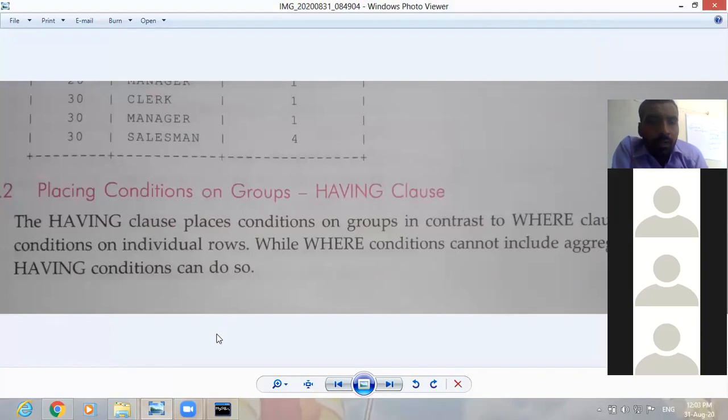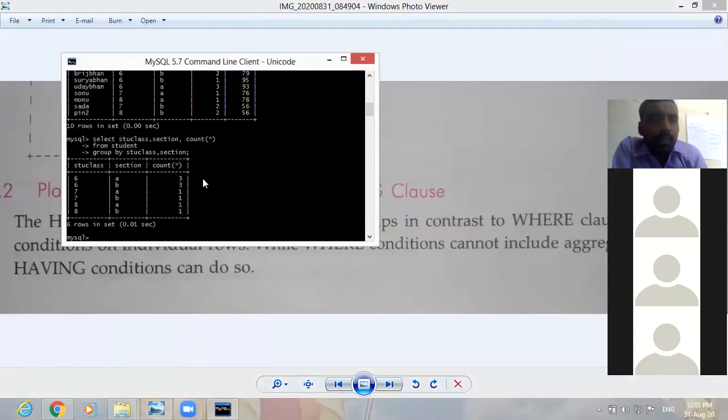The time is going to be over, but let me tell one example of the having clause. Let us write the select command. What do we want to select?